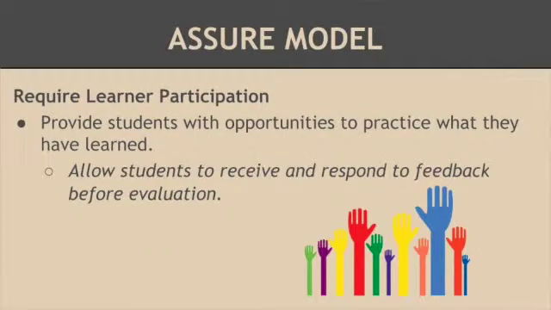The fifth step of the Assure model is to require learner participation. This is where students participate in the learning activity for the lesson. This can be achieved through higher-order questions, hands-on problems, and any opportunities to practice and apply knowledge and skills. Effective learner participation requires that students have opportunities to receive feedback and guidance before being formally assessed on the knowledge